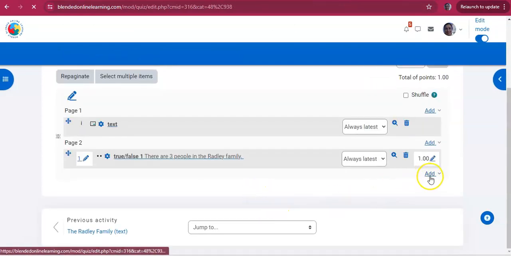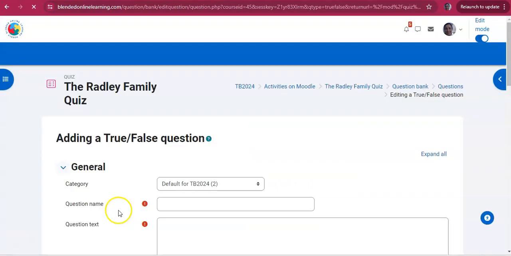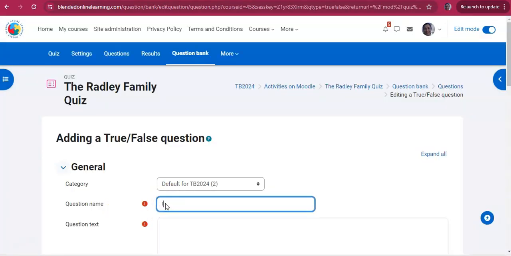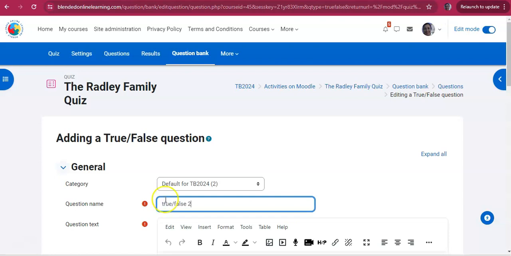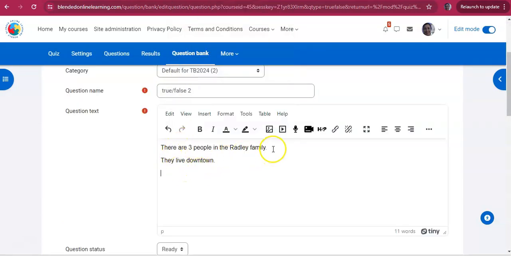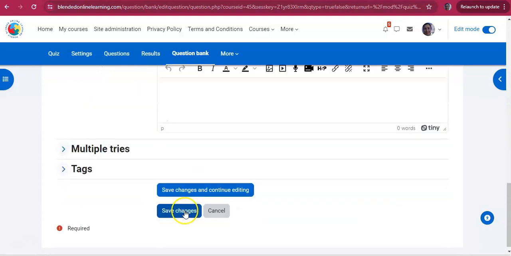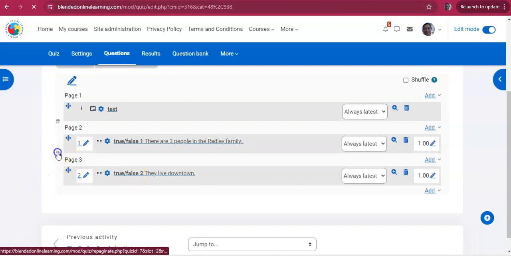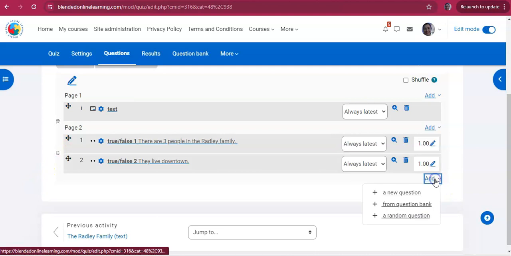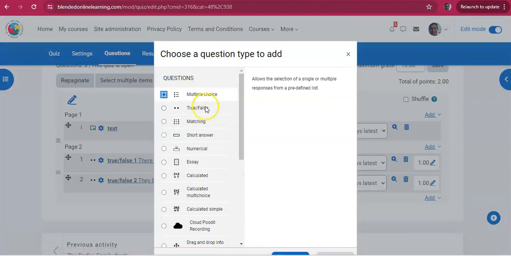Then I'm going to add another true false question, and it's going to be called true false 2. And now we're going to leave the second one. They live downtown. That's also false. Good. Yes, I can put these 2 together and I can add one more new question, multiple choice, and this